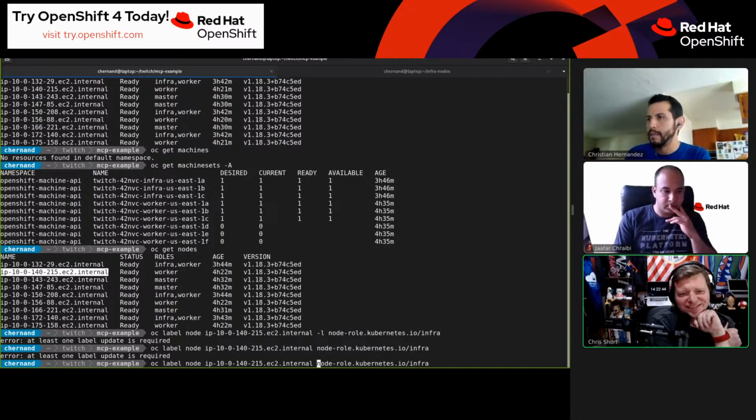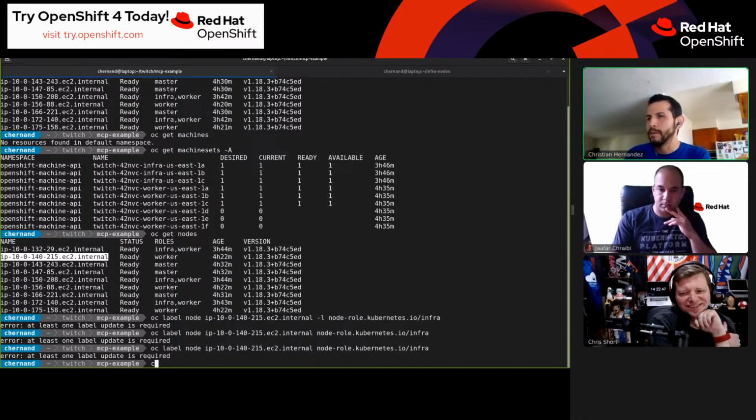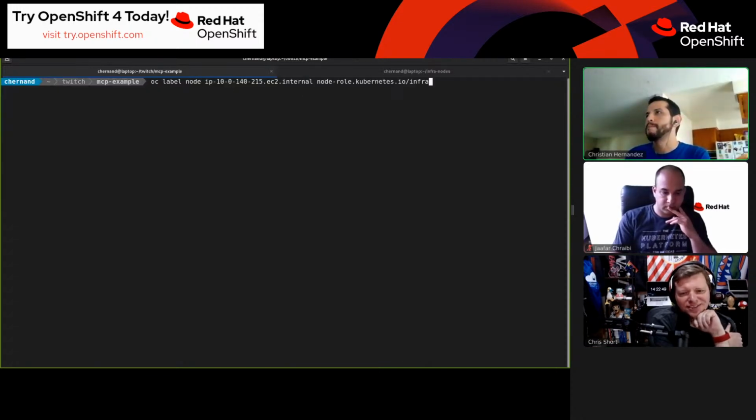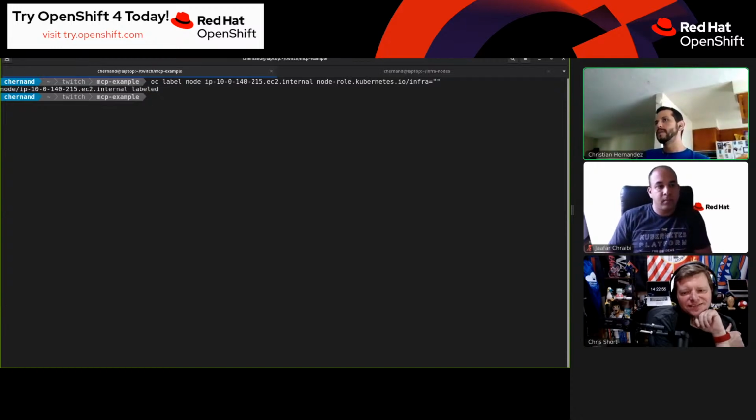I did this. This worked earlier. Label row equals. Oh, I need... oh, that's right. It actually equals nothing, right? OC. So this node is labeled, right? It says it's labeled as infra. But if I do OC get nodes,